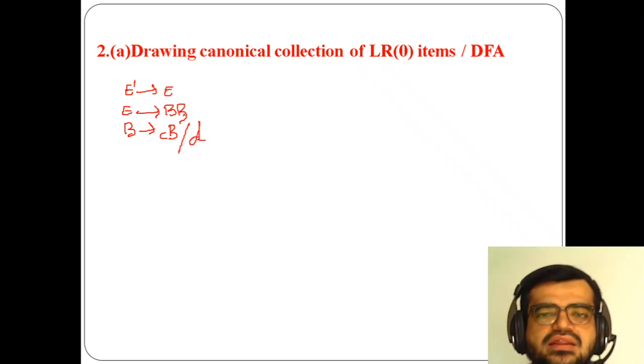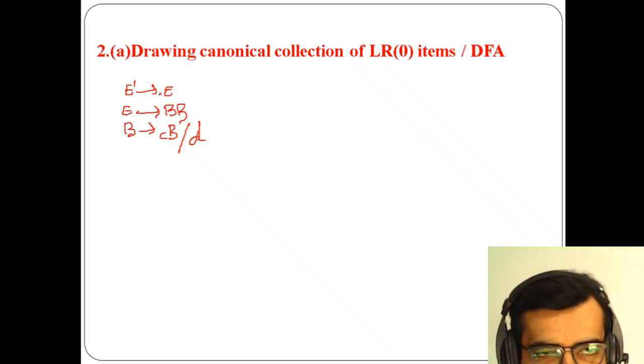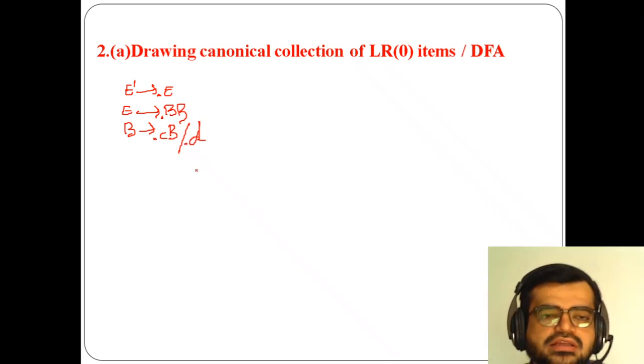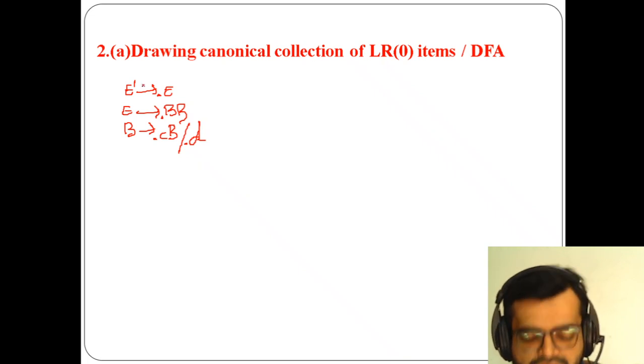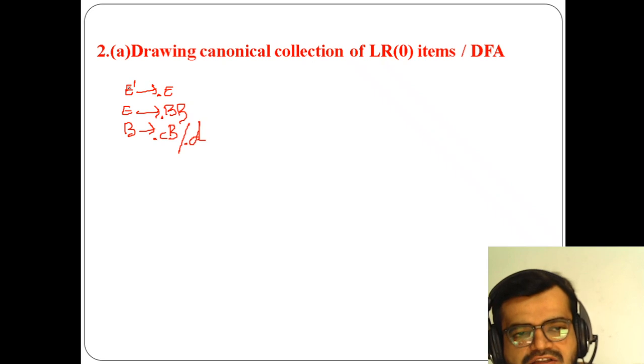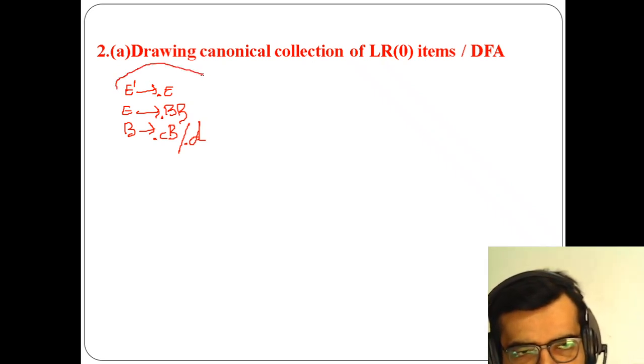Now LR(0) items means I have to take a dot here, a dot here, and a dot here, because this is also another production. I am taking the dot here. Now this is the first part, and after this first part, this is completed initially. So I just want to round this up.